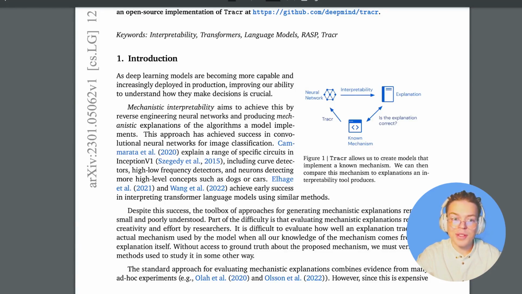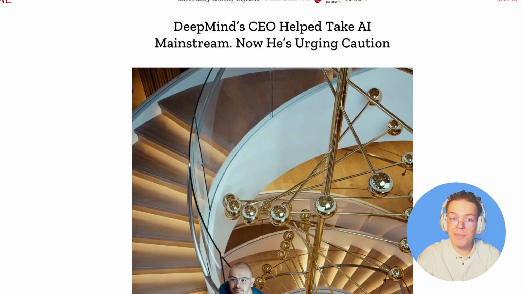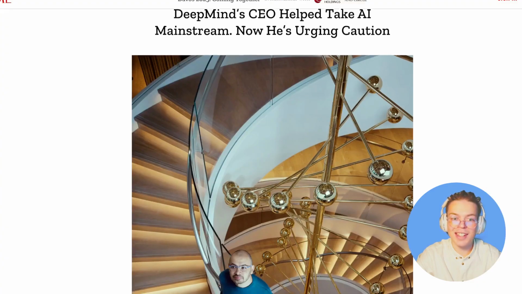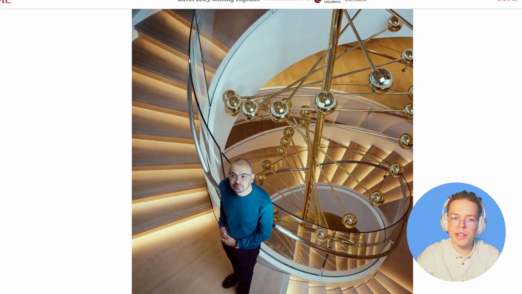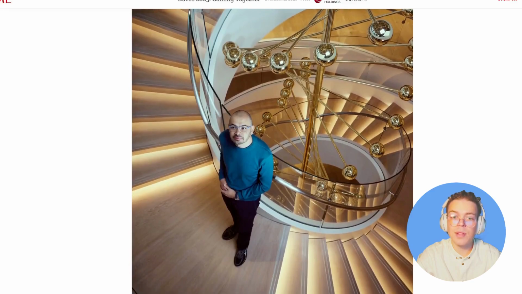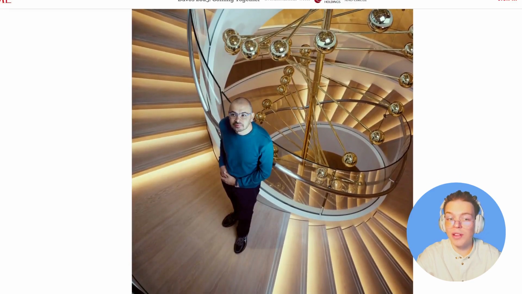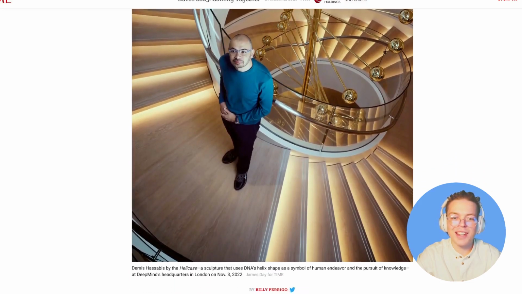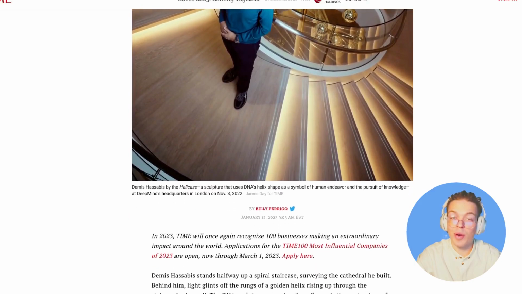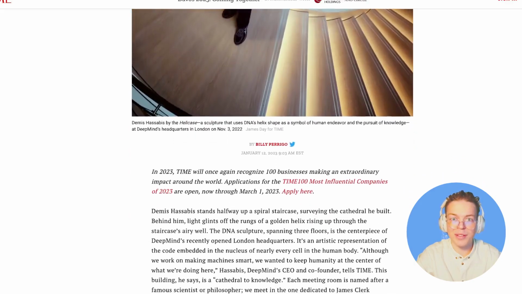And in other news, Demis Hassabis, the CEO of DeepMind, one of the foremost AGI labs, is warning the world on the risks of artificial intelligence in a new Time magazine piece. He mentions also that the wealth arising from AGI, or artificial general intelligence, should be redistributed throughout the population, and that we need to make sure it does not fall into the wrong hands when we have developed these extremely powerful technologies.